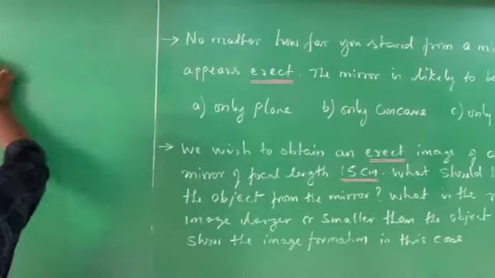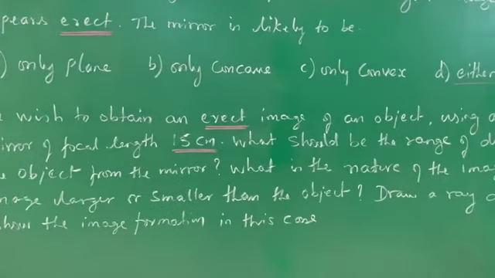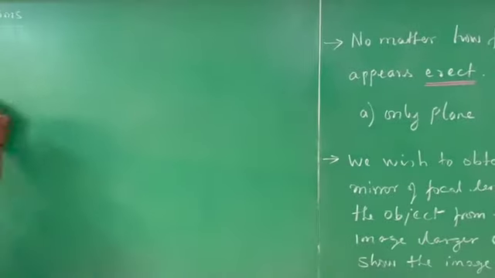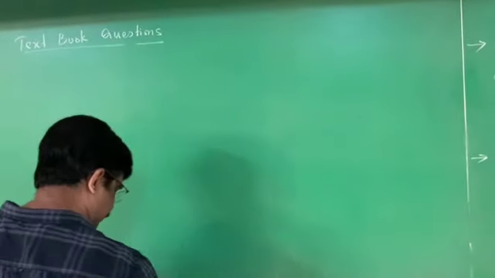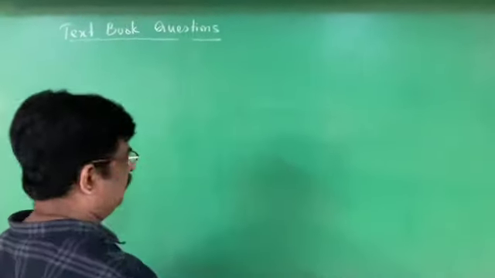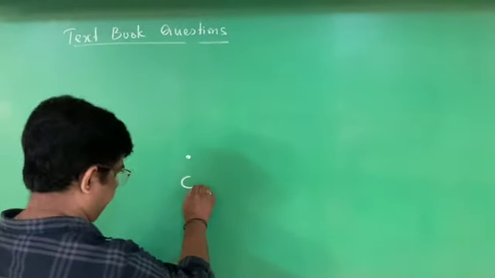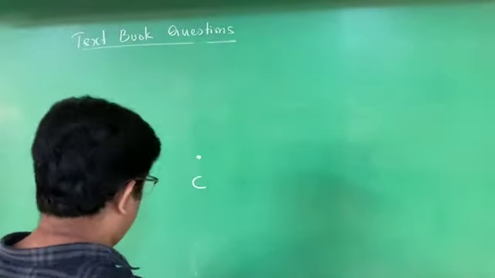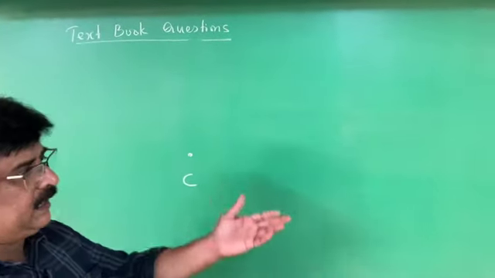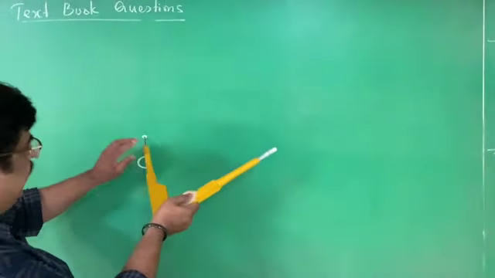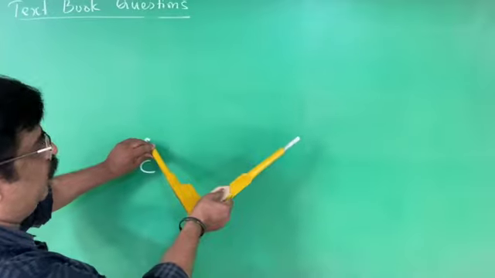For drawing the ray diagram, I require the board. Therefore, I erase this part of the question. See, to draw the ray diagram, first I want to put a mark, and the mark is C. That is what? Center of curvature. Which mirror? Concave mirror. I take the compass with a convenient radius, let's see C as center, and I draw an arc.